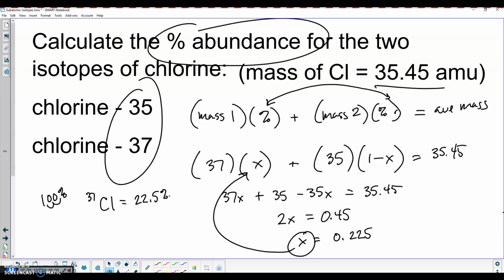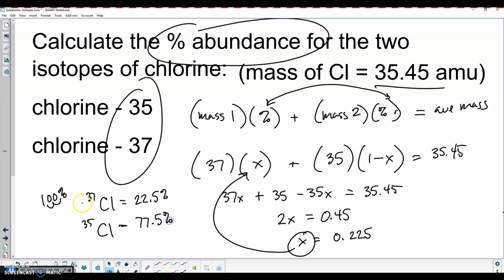Okay, I'm going to do the exact same thing now. Or all I have to do, since this is 22.5, I subtract that from 100, and that's going to tell me the abundance of chlorine 35. So if I take 22.5 and subtract that from 100%, that tells me that